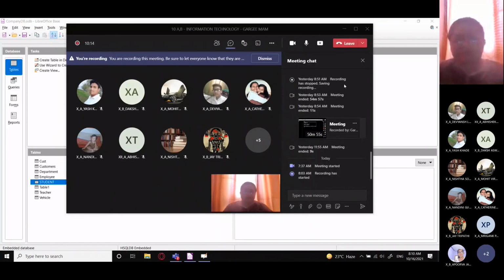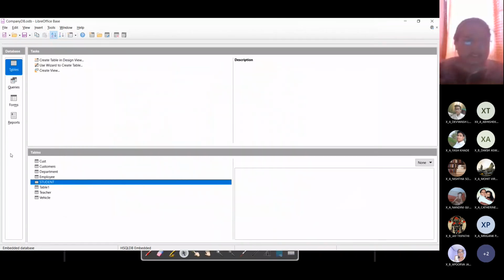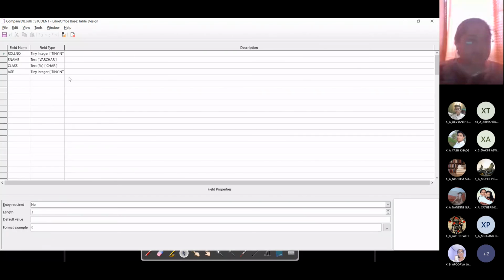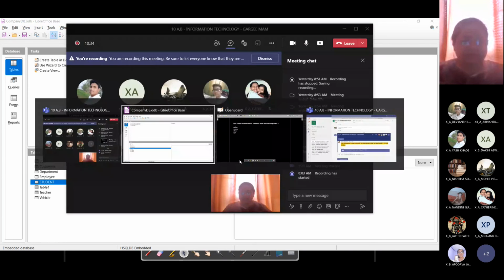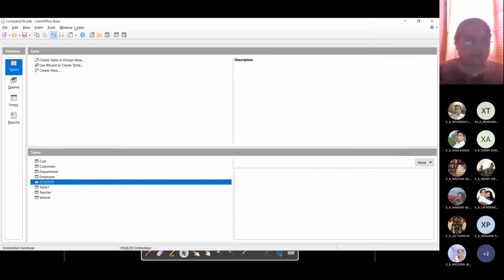Okay. So the student table we had created, and we'll go to the edit menu and we will see what is there in it. And you can see all these are the fields, but we had not specified the primary key. So how to do that? So let us create an SQL for doing that.